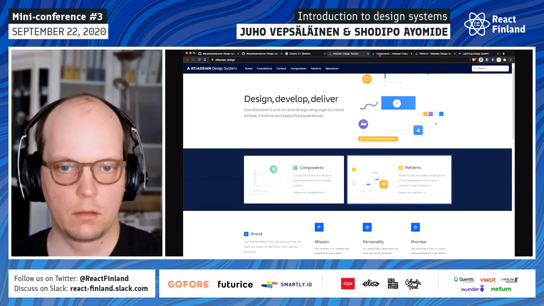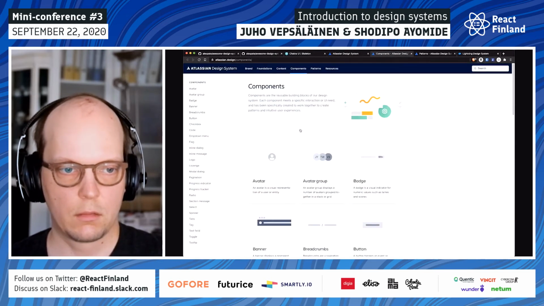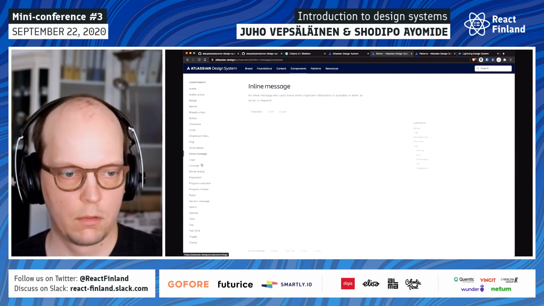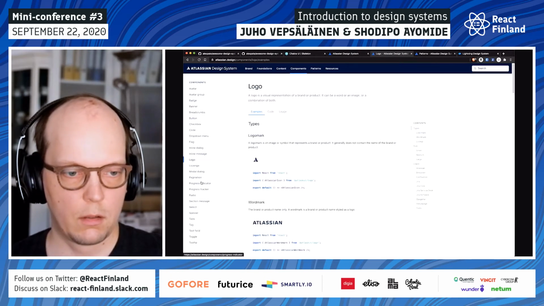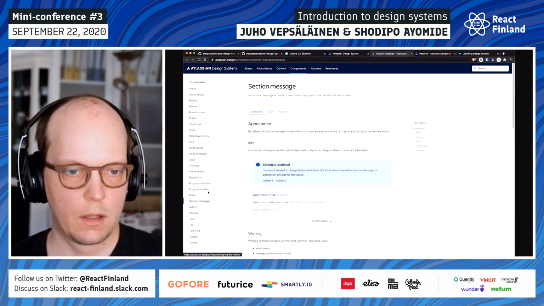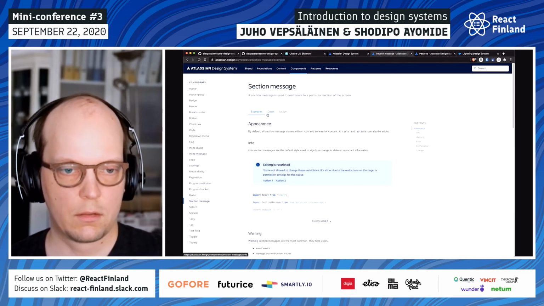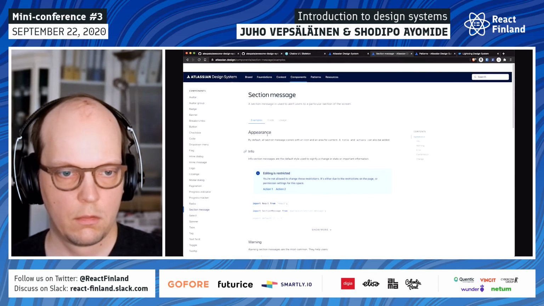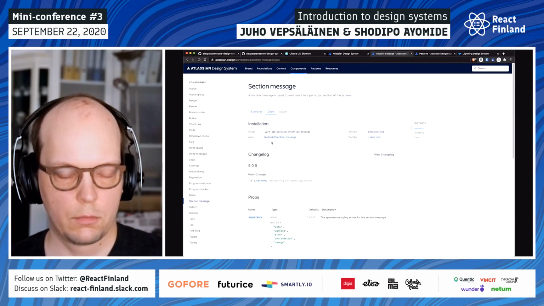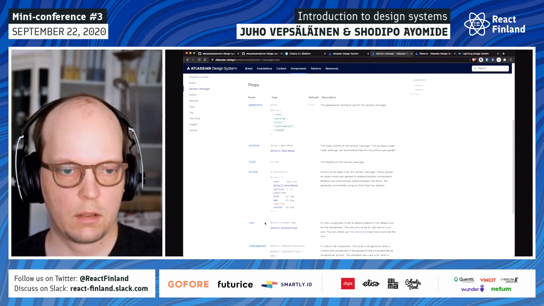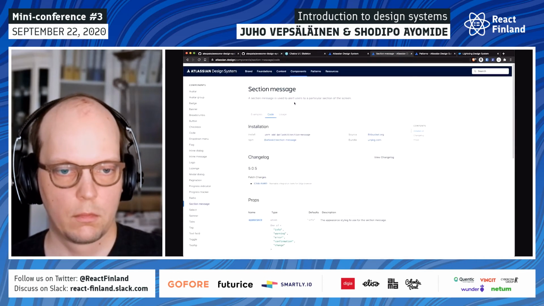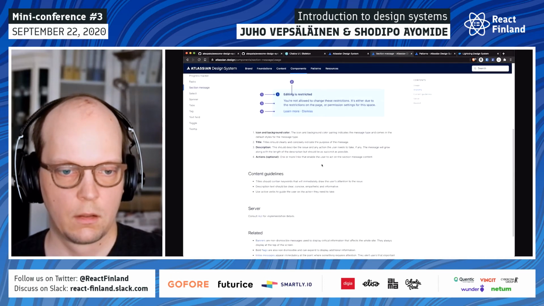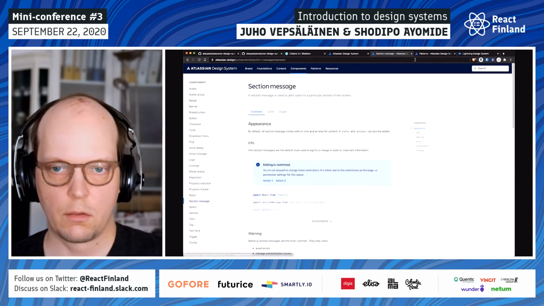So in Atlassian's case, they have these components, which I will call primitives in my terms. And what's interesting is that we have concrete examples. You have actual code. You can see what kind of props they accept, and then you have the usage. So again, it's a lot of information.